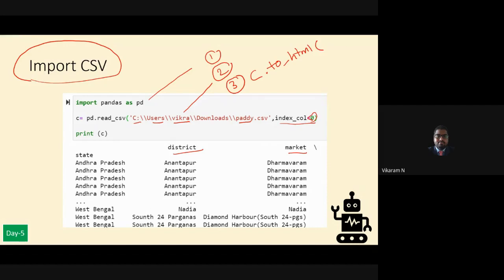Here the file name is df dot to_html, and then you give your file name. I have given paddy.html. That's it. It will be converted and saved at the location where the particular file is. You can check in the Jupyter bottom files or Colab bottom files for the name of the file. You copy that path and type it in the browser. You will be able to see the HTML file.